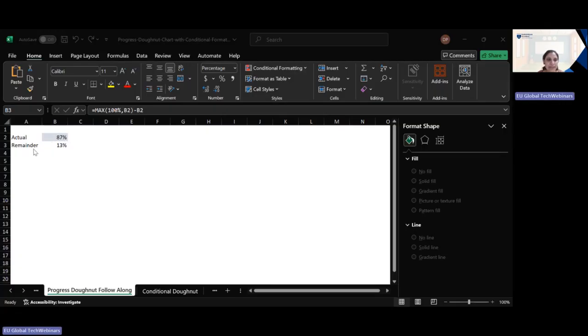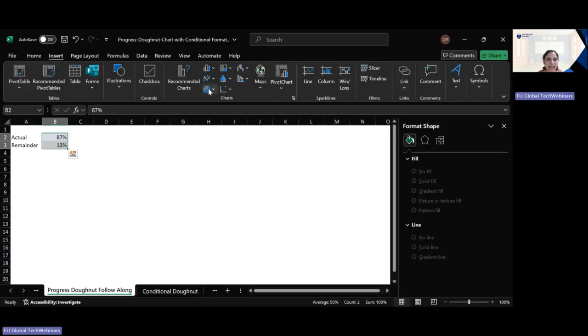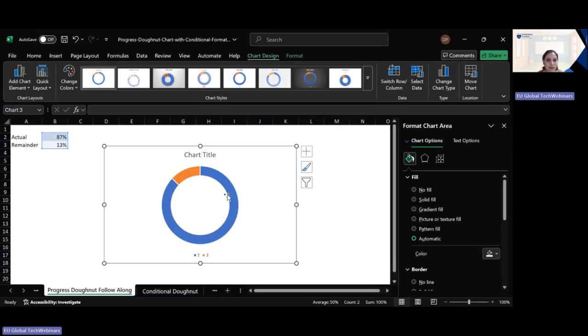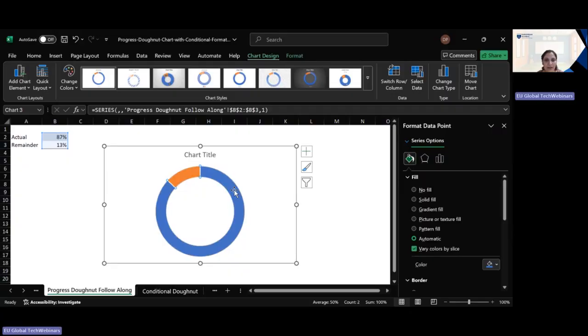Actual is 87% and remainder is the max 100% minus this actual. That means 100% minus 87 comes out to be 13. So you just have to select these two values. Then you have to go to insert, and in this, go to the pie chart and insert it like a donut here. Then you have to just remove the data label and the legends,